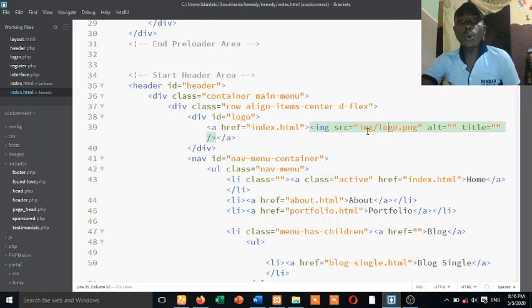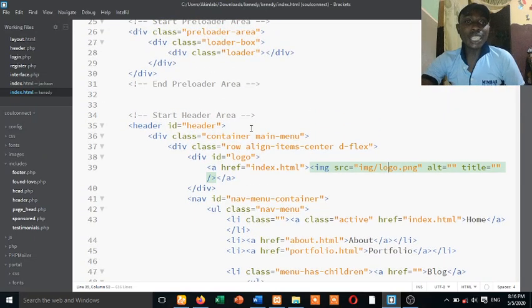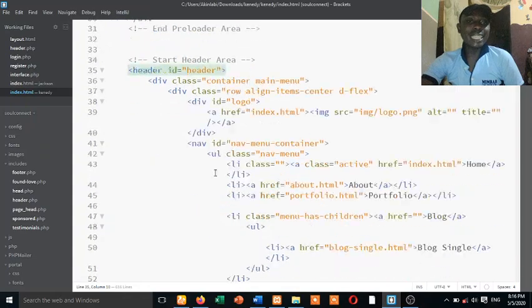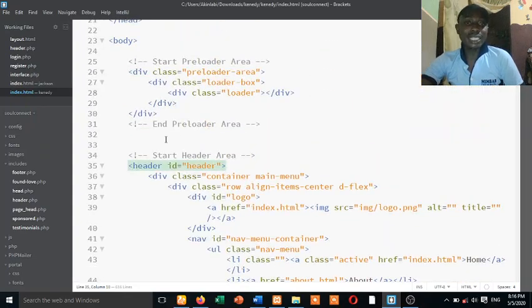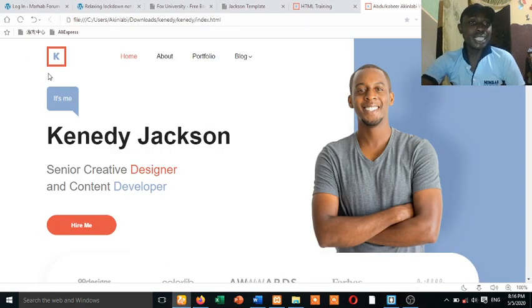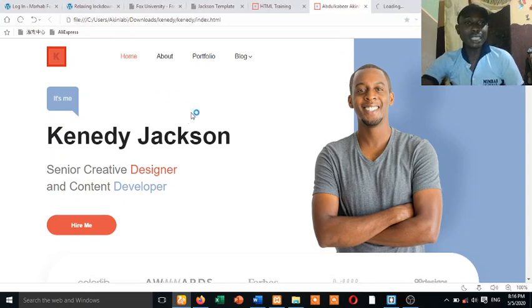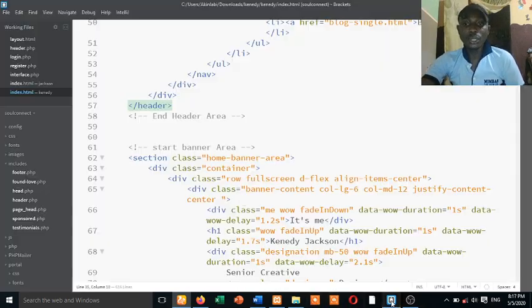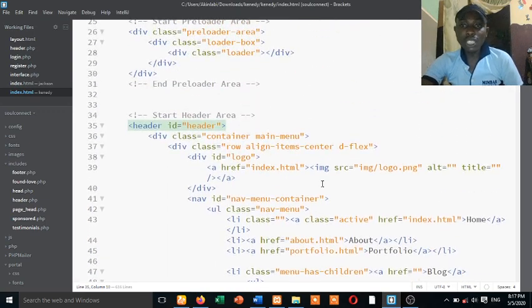Now you see this logo is actually inside this header tag. You can see the header tag from the beginning of this tag to this end. That's the header tag. What I'm trying to say in essence is that the header tag covers everything around this side. So inside the header tag, what is important is this logo. If I want to change this logo,